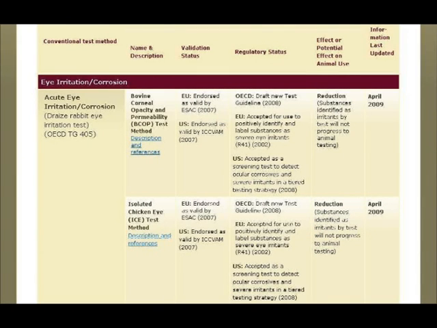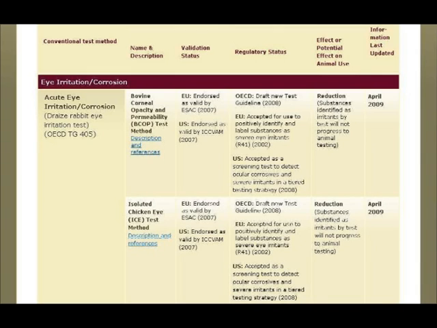This second slide from the Canadian Council on Animal Care's website shows in the left-hand column the conventional test method is the Acute Eye Irritation/Corrosion Test, otherwise known as the Draize Rabbit Eye Irritation Test, and this is OECD TG 405. The first alternative test in the second column is the bovine corneal opacity and permeability test method,